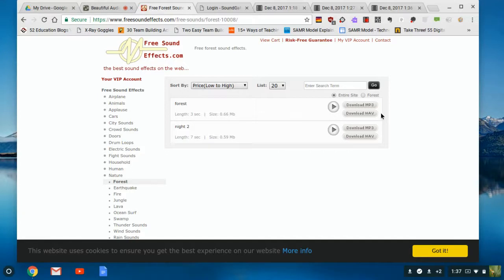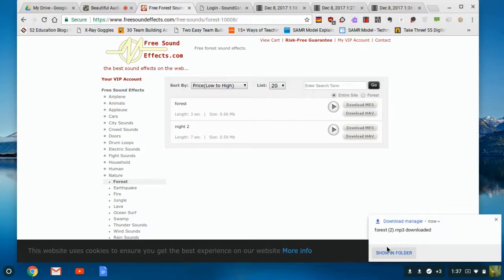And the WAV, it loops for Flash for web animation. I suggest using MP3, which is virtually for web pages, web videos, anything on the internet, and it's faster and better. So when I click download, it downloads onto my Chrome, so I can go back into Beautiful Audio and